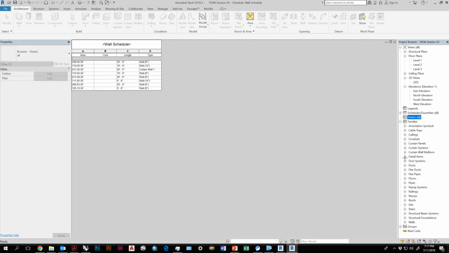Actually, maybe I can load them this way. Bear with me for a second. Annotation.